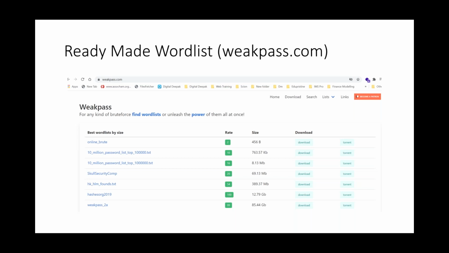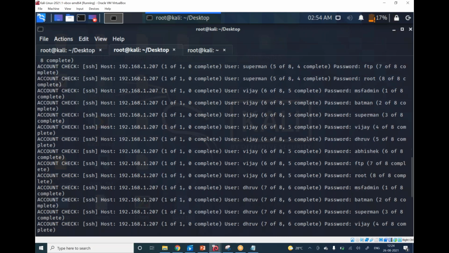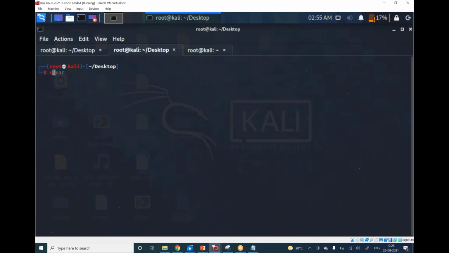Apart from that, Kali Linux also has a ready-made word list. That ready-made word list is called rockyou.txt. So I'll show you that. Clear everything, cd. I don't know where it is.